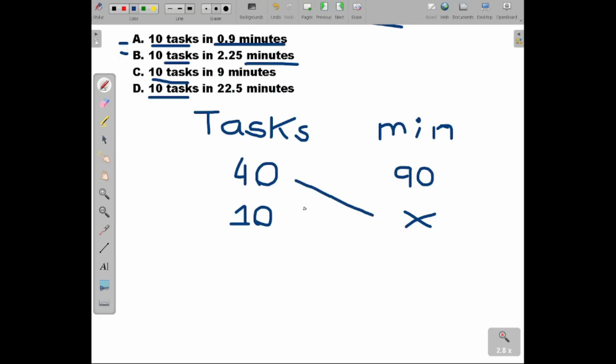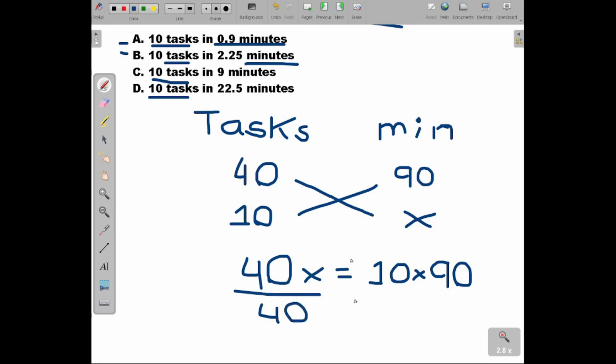Proceed with the cross multiplication. 40 times x equal to 10 times 90. We can divide it by 40. 40 divided by 40 is 1. 1 times x is equal to x. X equal to, here we can cancel out 1 0. The half of 4 is 2. The half of 10 is 5. So we have 5 times 9 is equal to